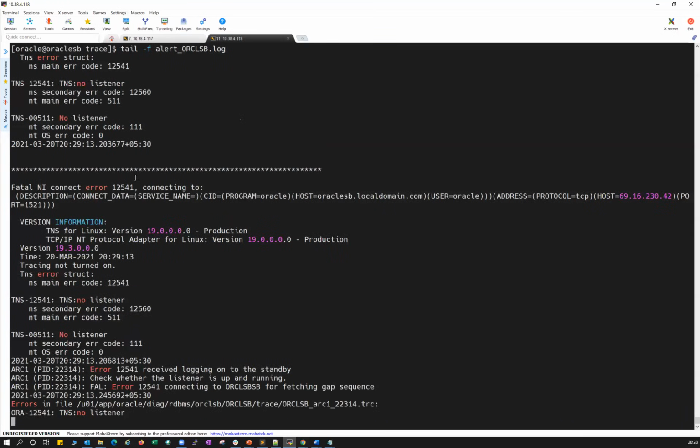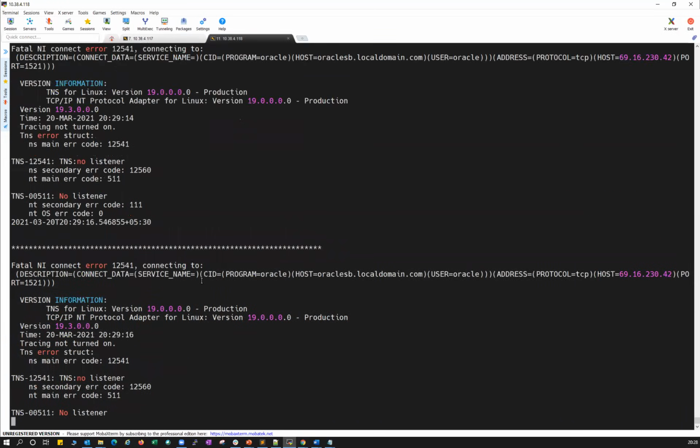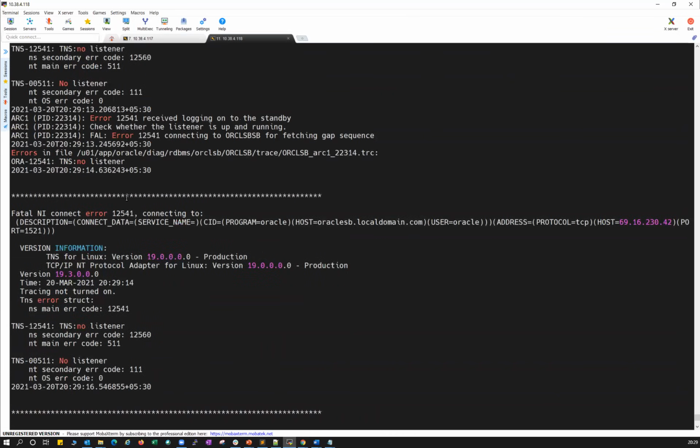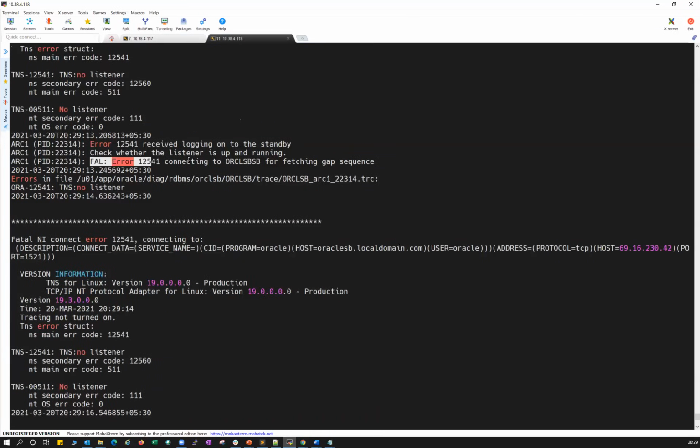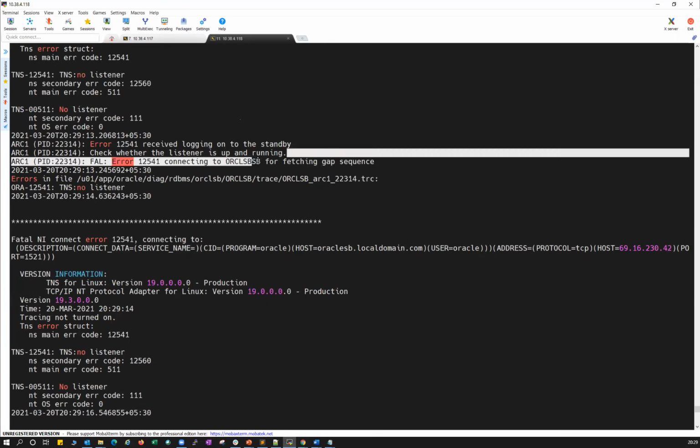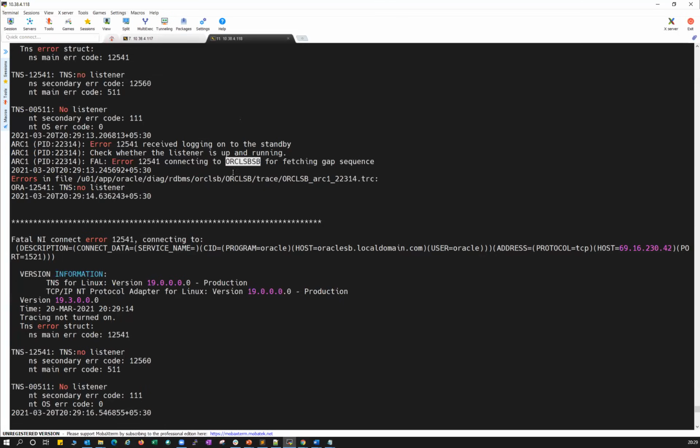Okay, interesting, and getting some TNS errors. Error in identifying your file service. One is connecting to ORCL standby for fetching the gap. Okay, the connection method here has changed to ORCL standby, and again it's appended with the standby.